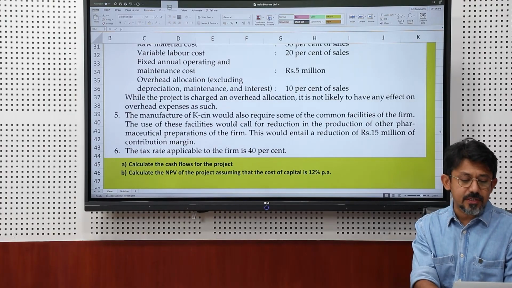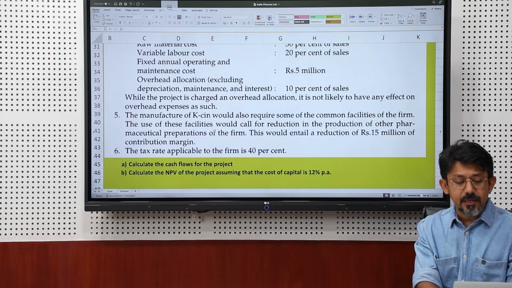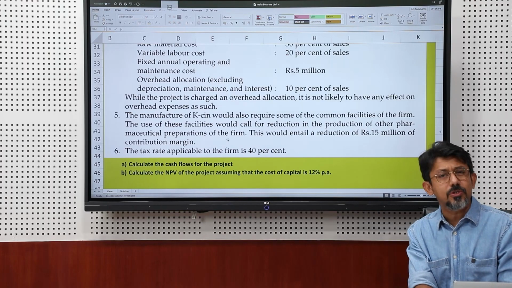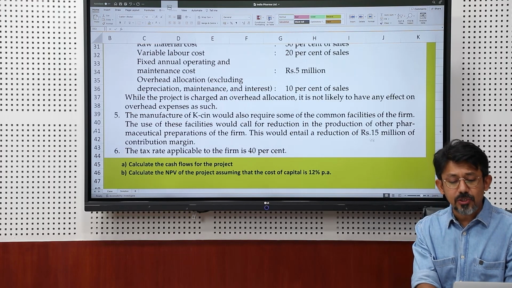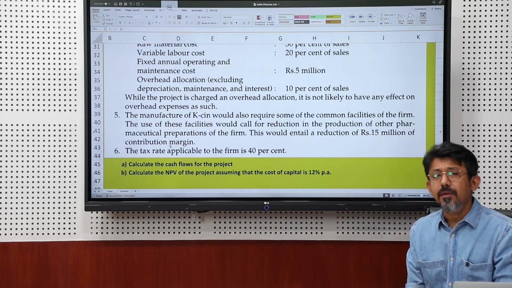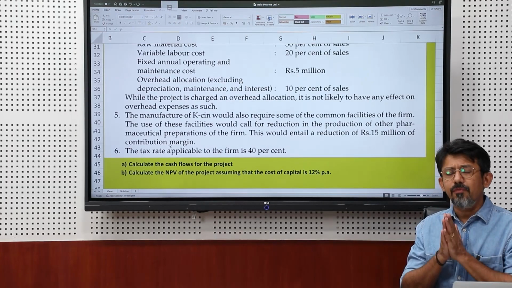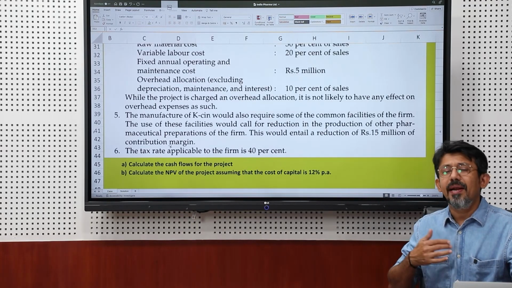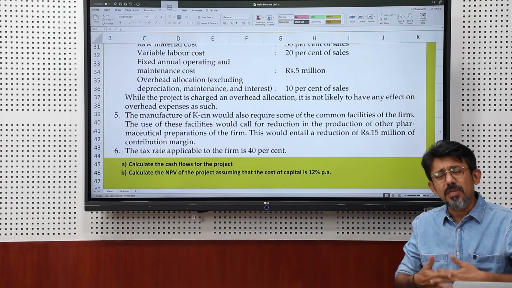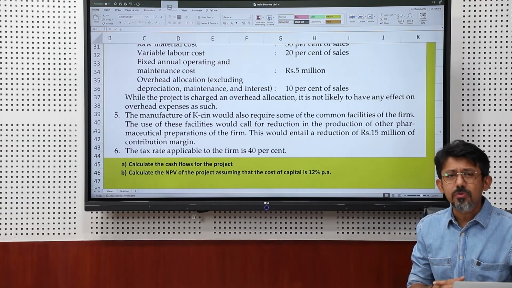The manufacture of KSIN would also require some of the common facilities of the firm. The use of these facilities would call for reduction in the production of other pharmaceutical preparations of the firm. This would entail a reduction of 15 million of contribution margin. Now, this is a point which exemplifies the concept of opportunity cost. You are told that when you launch this new product, you will end up using some of the common facilities of the firm. Now, these common facilities could be production department manpower that you are using, or let us say